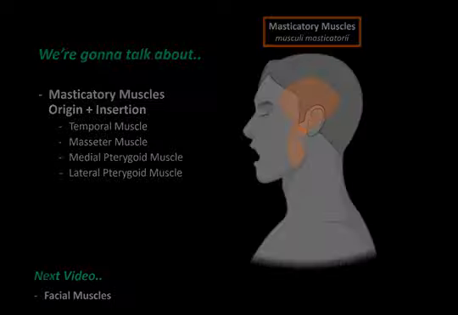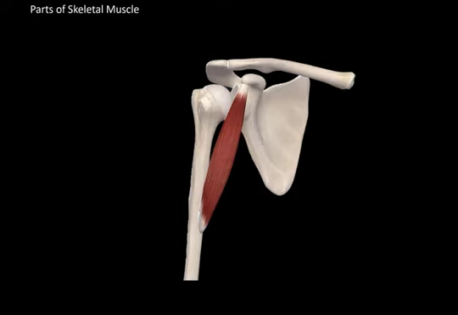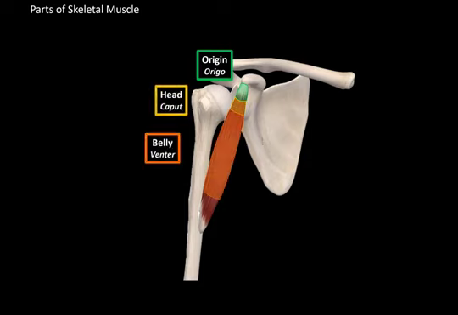Before we start, I want you to have a basic understanding of what makes up the different parts of a muscle. All the muscles in our body consist of an origin point, which is the part of the muscle that is attached to bone that does not move, or moves only very slightly, during contraction. It has a head, which is the proximal part of the muscle. There's a belly, which is the widest part of the muscle. Then there's a tail and an insertion point, which is the part of the muscle that's attached to bones that